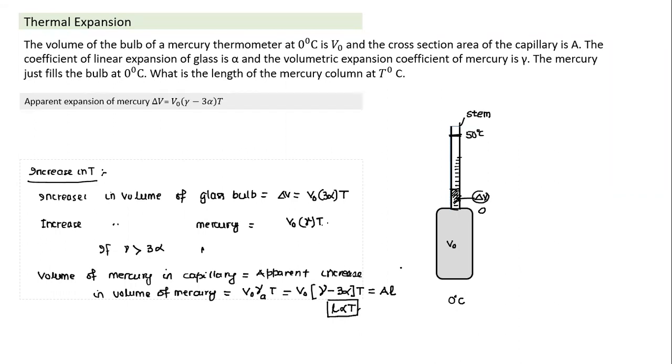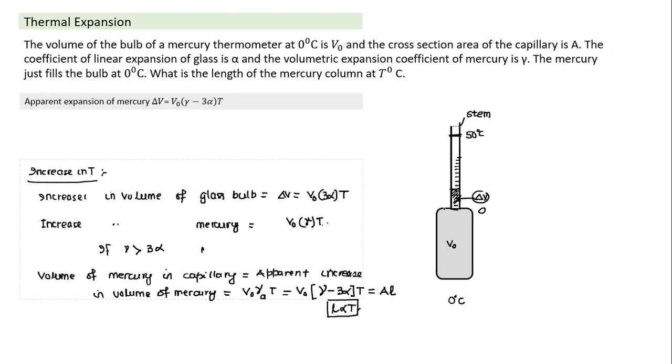Okay. Yes, Alan? Sir, the capillary area will be constant. Yes, basically in this case, we are assuming the capillary area to be constant. You're very right. Very rightly you said. We are assuming the capillary area to remain constant. You very rightly said, even that also introduces an error here.